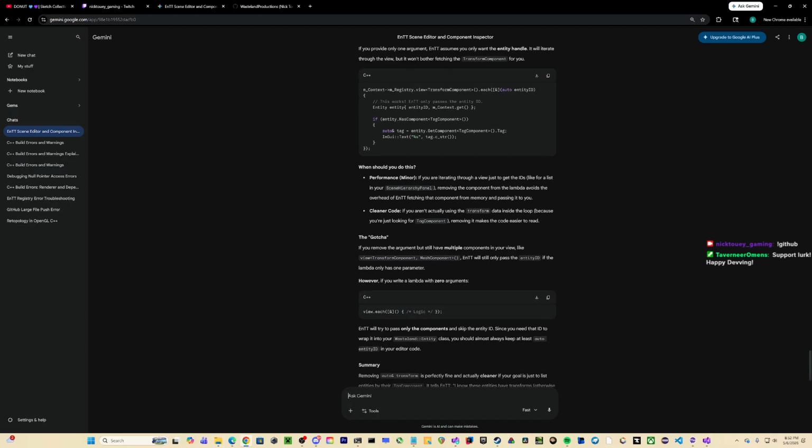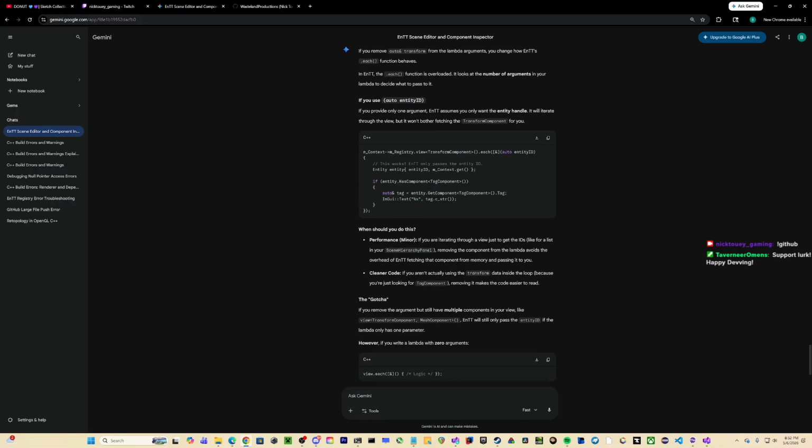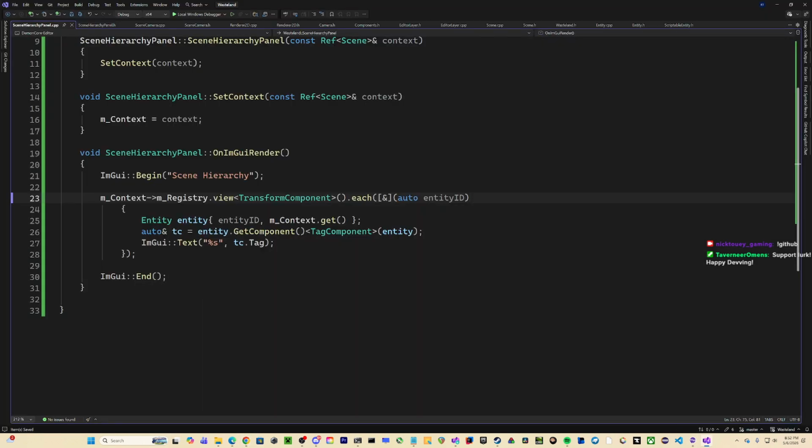I don't mind. This works and only passes the entity ID. Good. Hopefully. Entity has component, tag component. I'm gonna add that.